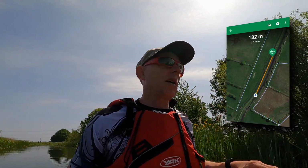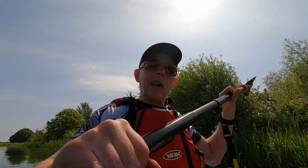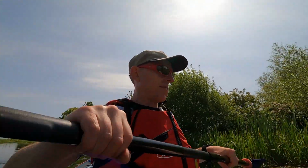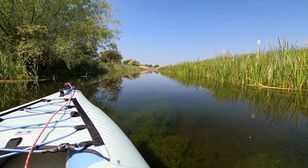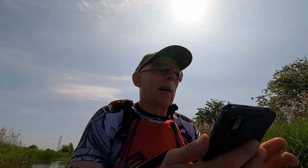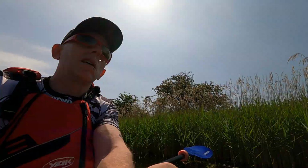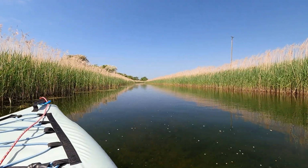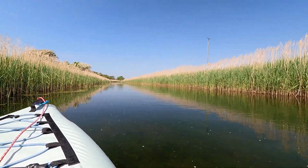There is a lock. Another one just a bit further down, and I think, if I'm not mistaken, it's going to be on there. Really is quite a magnificent stretch of this canal. I think I'm wrong. Sorry about the sun, can't be helped because of the direction. It's saying I'm about 20 metres away. And I am nowhere near that lock yet. Well, I'm not far off, but...